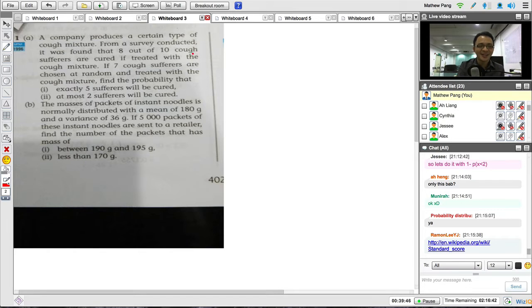Okay, anyway, come have a look at this question. A company produces a certain type of cough mixture. From a survey conducted,